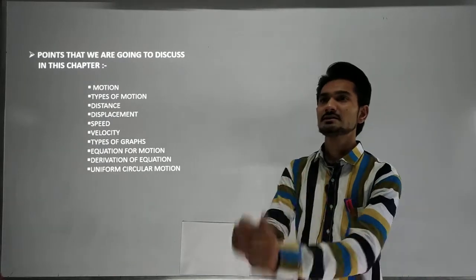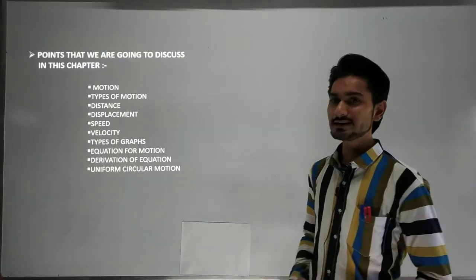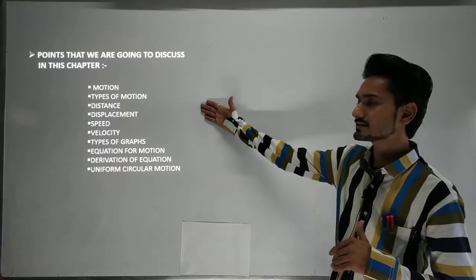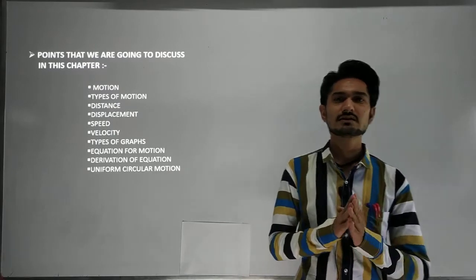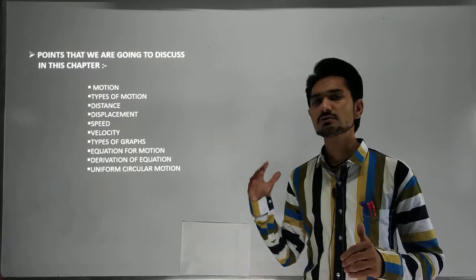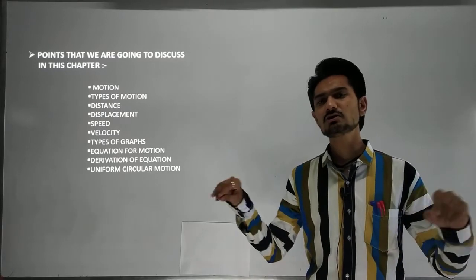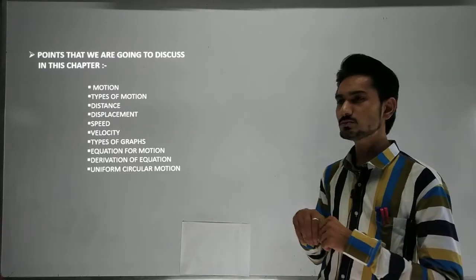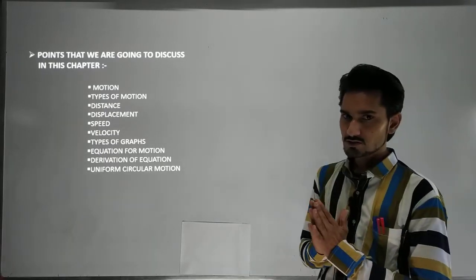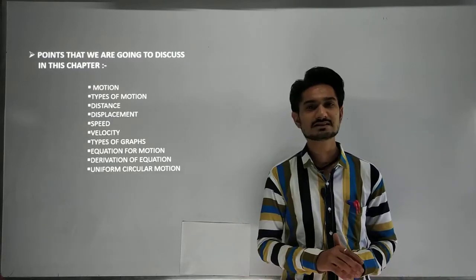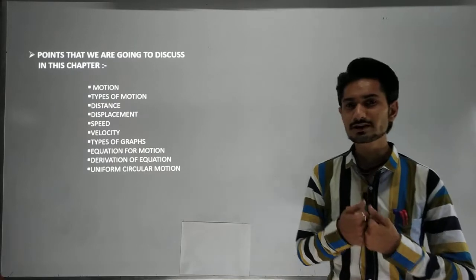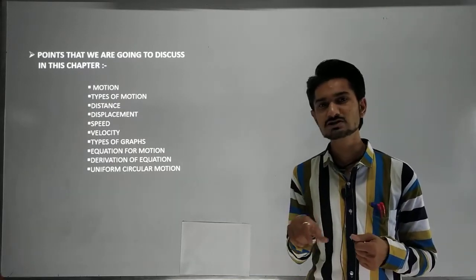Afterwards, we have seen the distance quantity in physics, in which we have seen the basic definition of distance. It is the actual length that I cover from one place to another, and if I measure the actual length, that is the distance. So distance doesn't require a direction. We can say that distance is basically a scalar quantity,